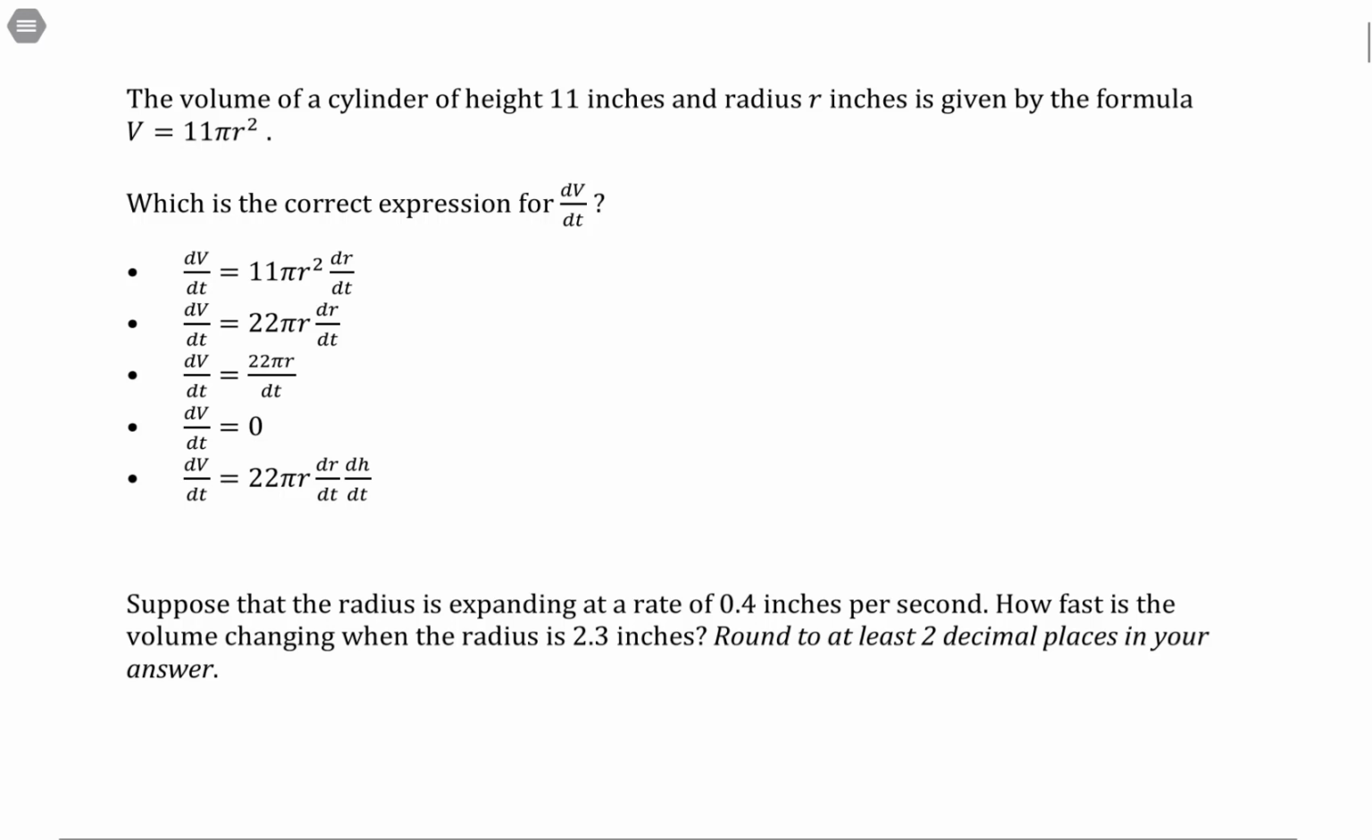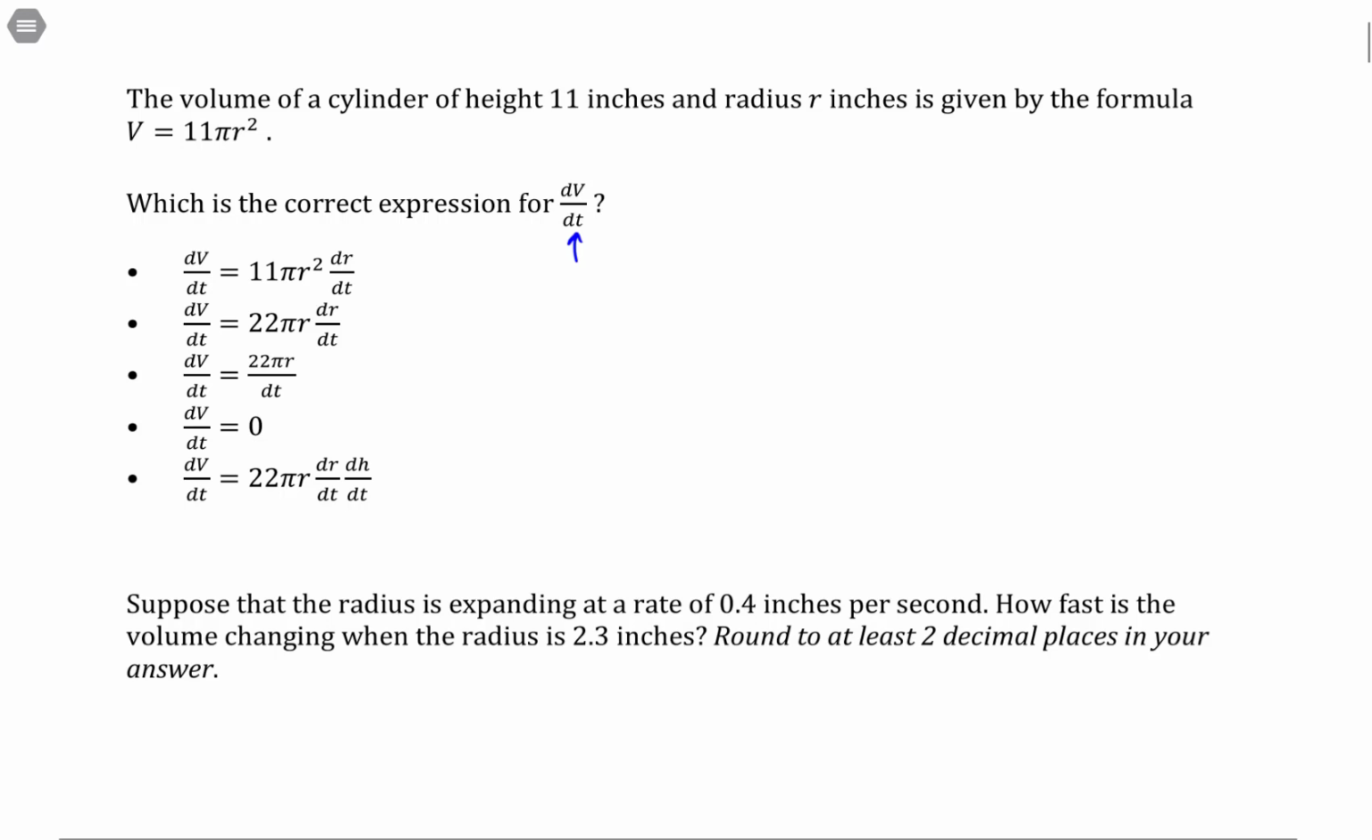The volume of a cylinder of height 11 inches and radius r inches is given by the formula V equals 11 pi r squared. What is the correct expression for dV/dt? The thing that students often make a mistake on here is they see this type of notation and they say in their minds, derivative. Great. What they don't stop and look at is the variable for which you are differentiating